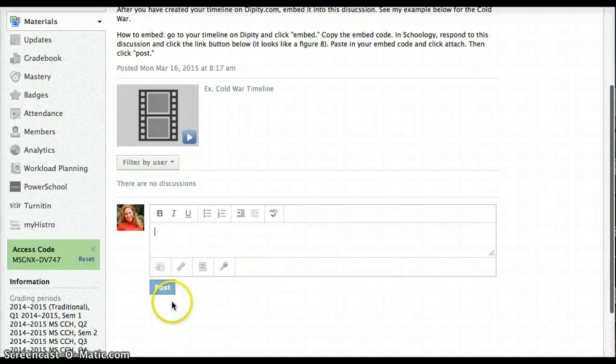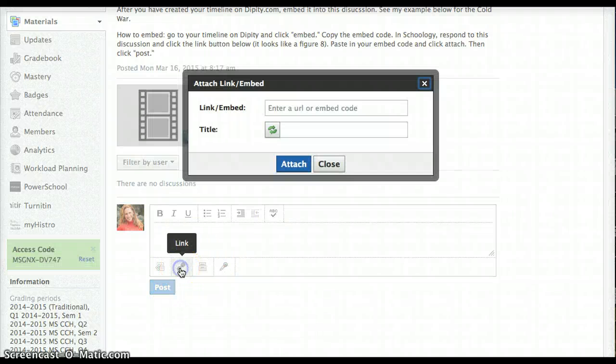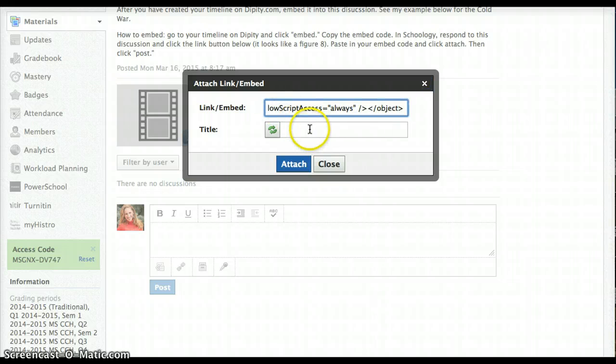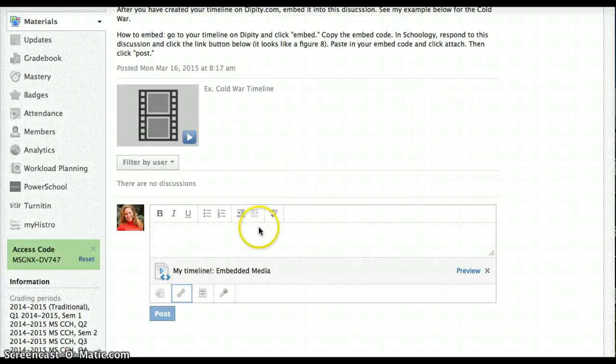So here's your post. What you're going to do is click on this button where it says link, and we are embedding it. So we're going to put all of that in there, and we're going to go ahead and give it a title. My timeline, attach. And you can say Miss